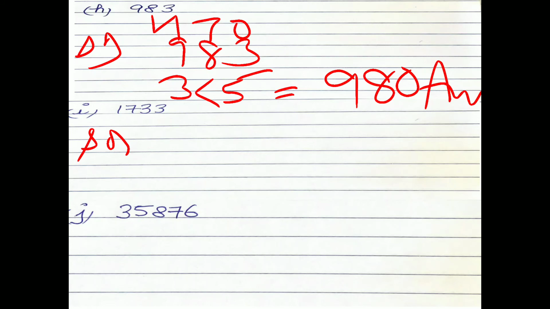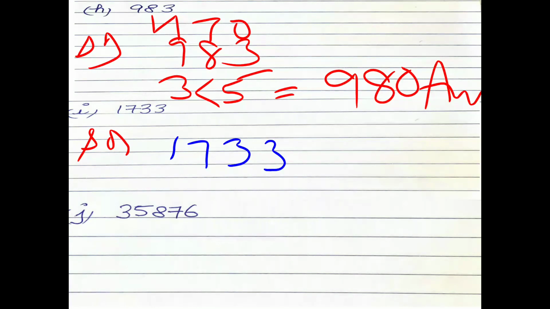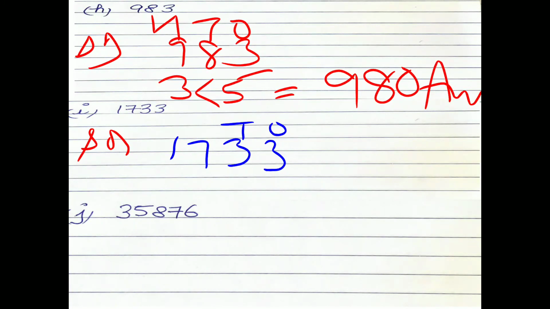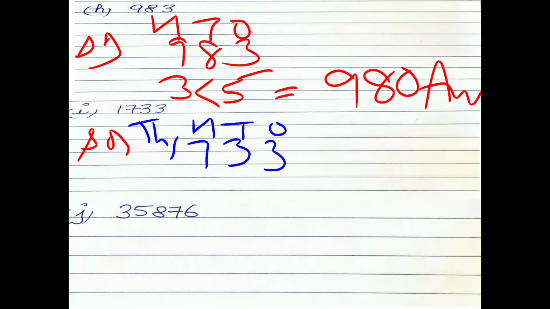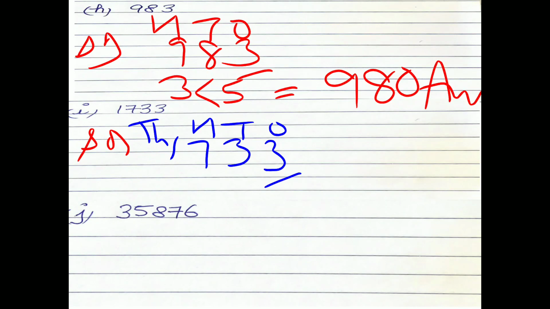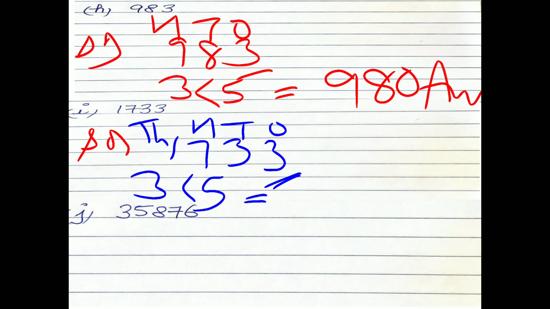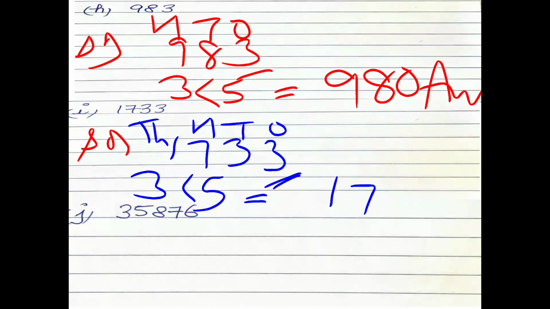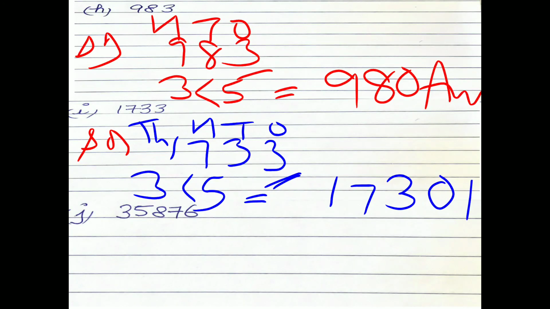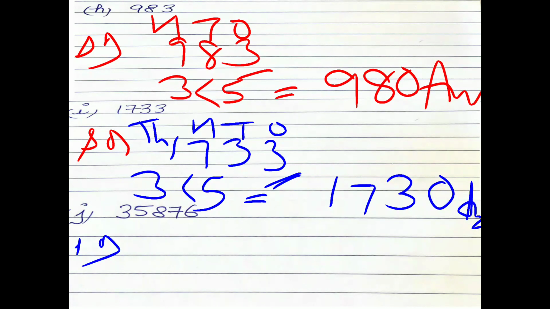In I part, firstly we write 1, 7, 3, 3. And above the number what do we write? Ones, tens, 100 and 1000. So which place do we have to see? Tens place, and for that which place do we have to compare? Ones place. So 3 compare with 5. Is your number greater? No. So the underlined digit becomes 0, and we will not add 1 on the tens place. So this is your answer. Clear? Now we do J part.